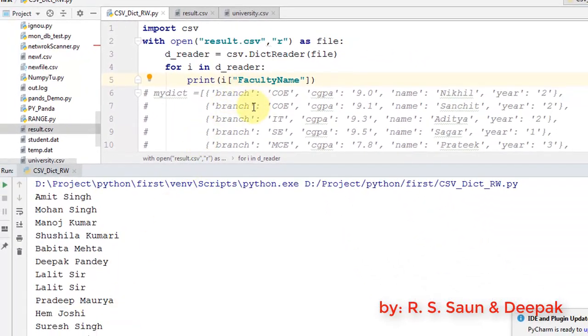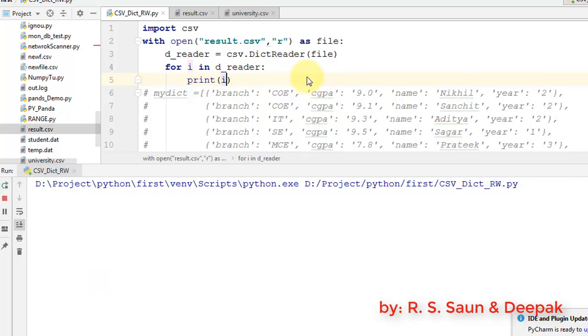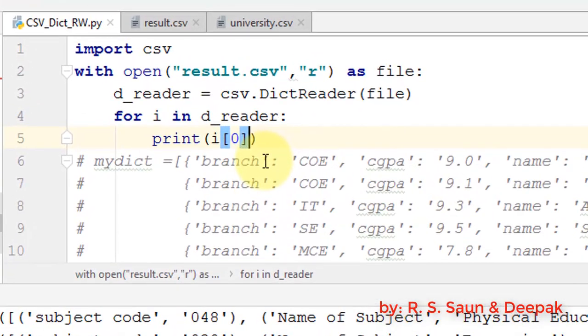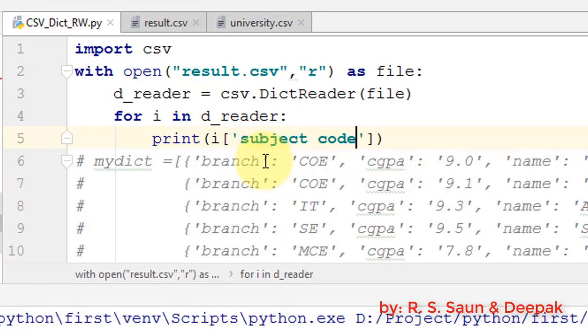Okay, now let's get it back and see one more example. Let's execute this, and here I have computer science as 083 code. So the column name is subject code. What I'm going to do is supply subject code, and let's try to execute this piece of our code. And now you can see subject code column is here.